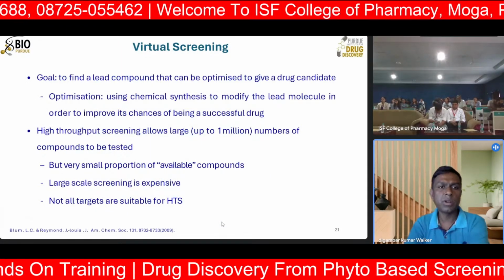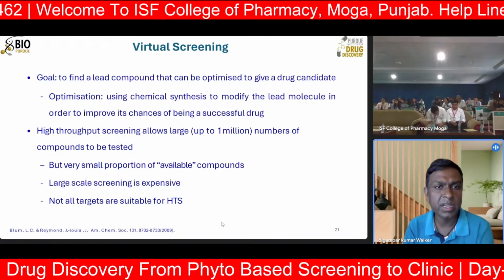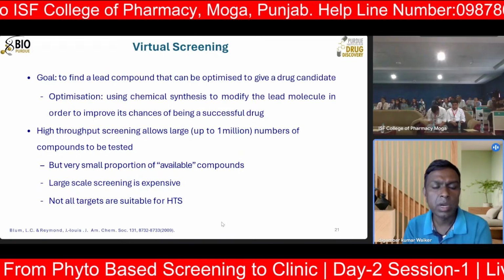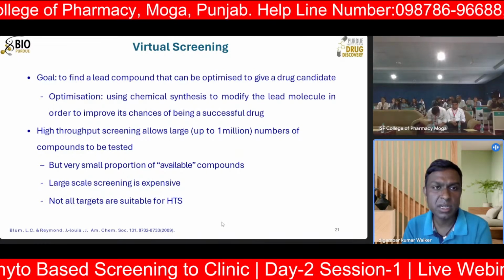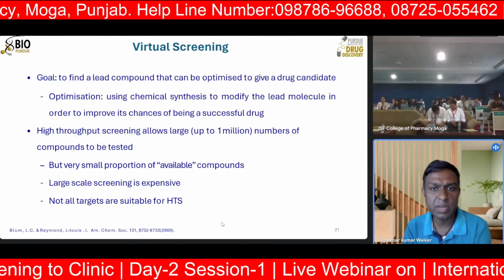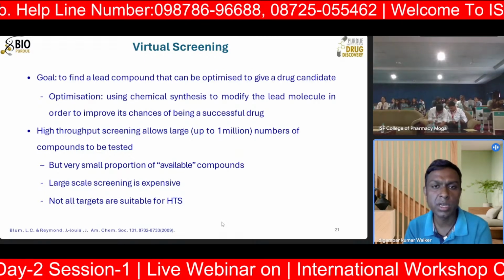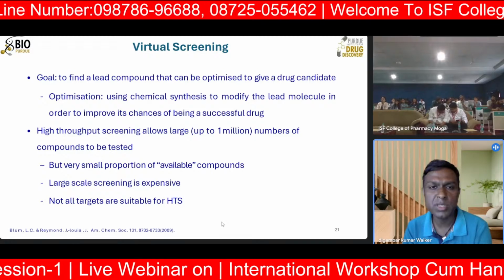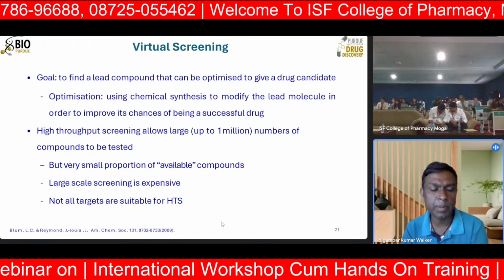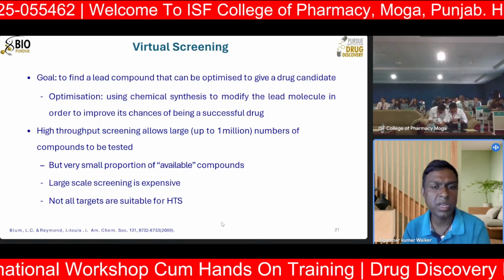What is the goal of virtual screening? As I told you, it is to find a lead compound that can be optimized to give a drug candidate. And what do we optimize? We use chemical synthesis to modify the lead molecule in order to improve its chances of being a successful drug. Suppose we have natural products which are less active or inactive against a particular target. Say, for example, we don't want any antagonist, or we don't want any